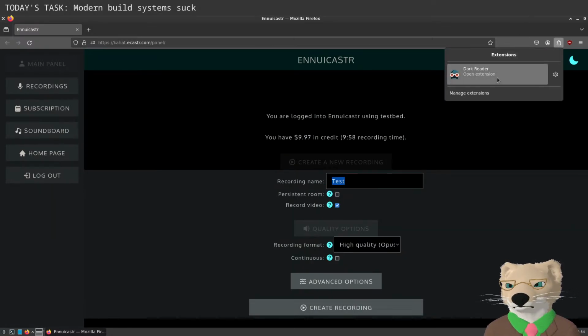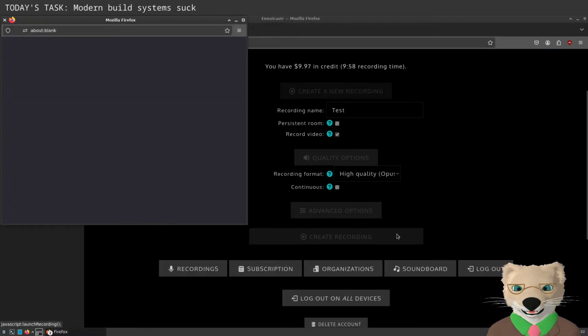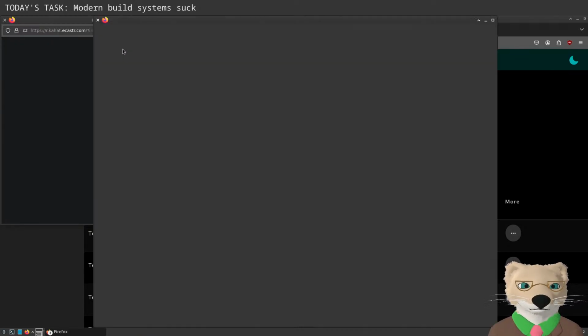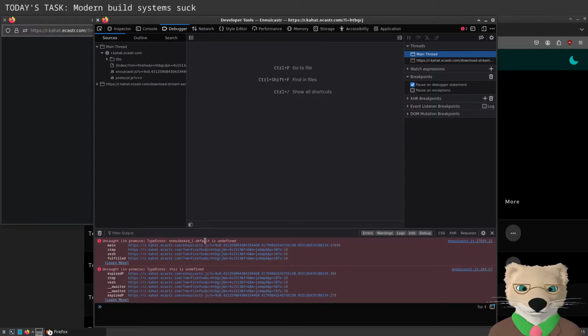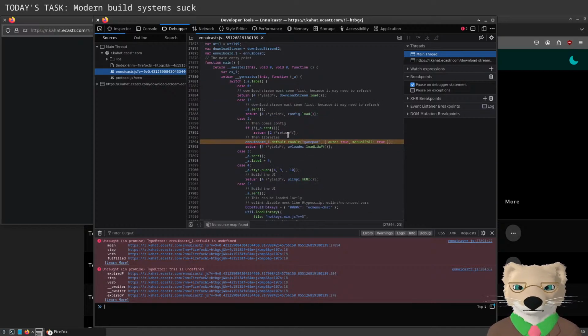What happened here? Is the answer Dark Reader? Yes, okay. I was like, what the hell is this? The answer is Dark Reader did something weird. If this loads at all, I will be incredibly delighted. It sure doesn't seem to be loading at all, though. On Weeboard, default is undefined. It's unsurprising that that failed. Huh.